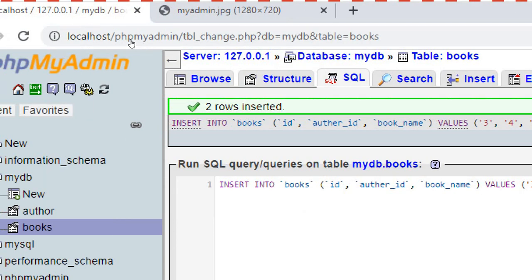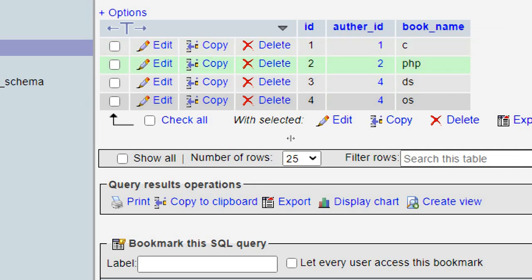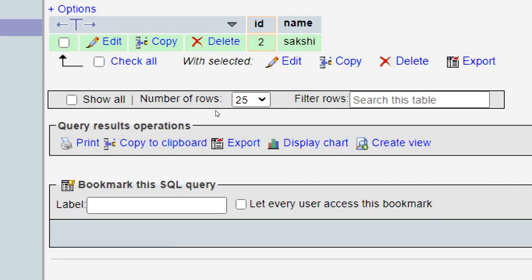So view our data in the child table, which has 4 records, and just move the cursor onto author ID 1. It displays the name from the author table. If you click on the second number, it will display the record of the parent table.